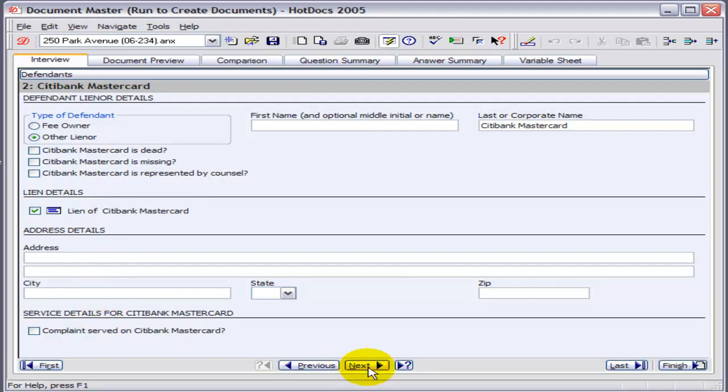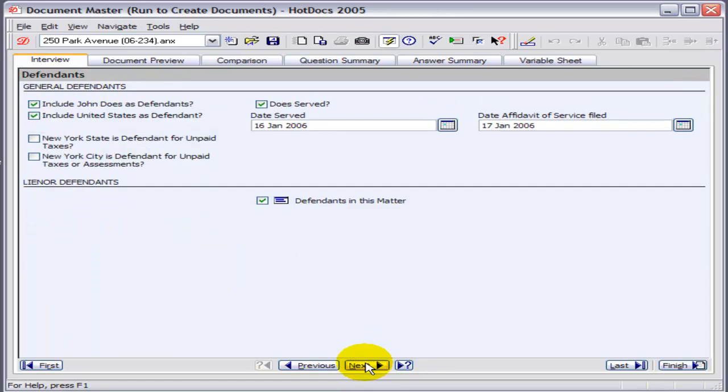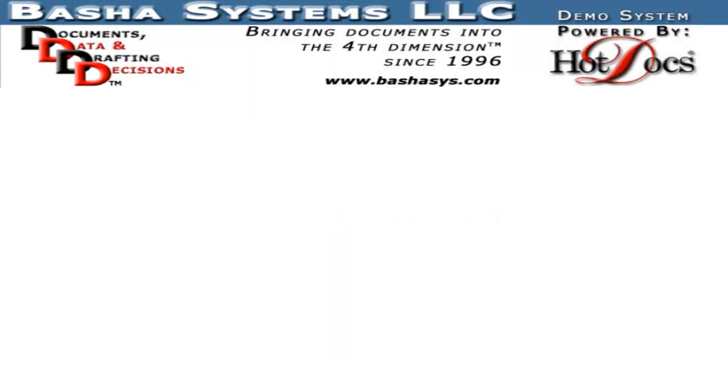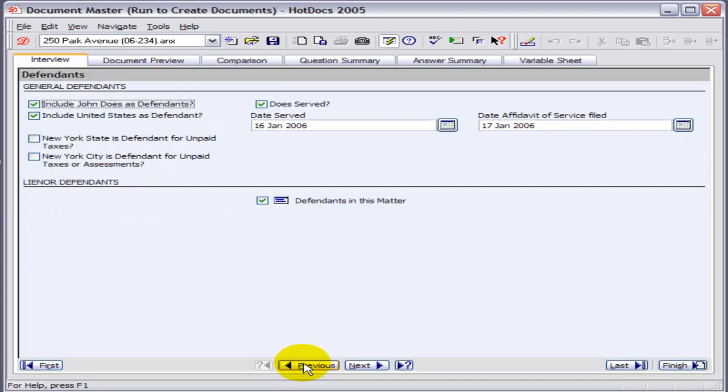We'd put in the address and service issues, but if we don't have any more, we would just simply stop and return back to our main screen. We're now finished at this stage. We've put what we need. We can go into the document preview,